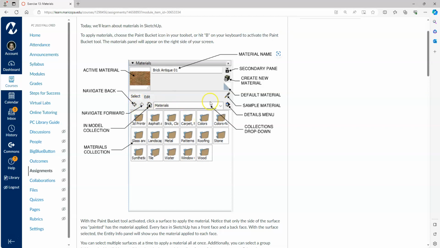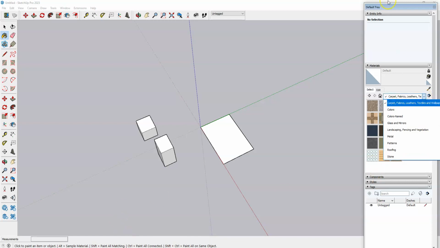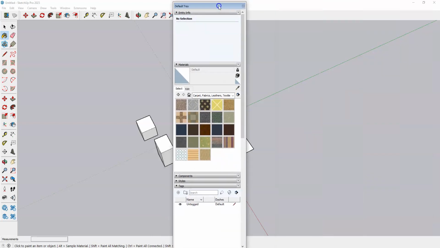You can always hit your home button to come to this screen that we see here, which gives you all of your different categories or collections. And again, here I'm just pointing out that these are your different collections that you have in your model. These are all the ones that come default in SketchUp, so each time you open up SketchUp, these are the ones that are going to be there. You have a lot of different categories for different types of asphalts, cladding, fencing. So if I come over here and look at all of that here in SketchUp,